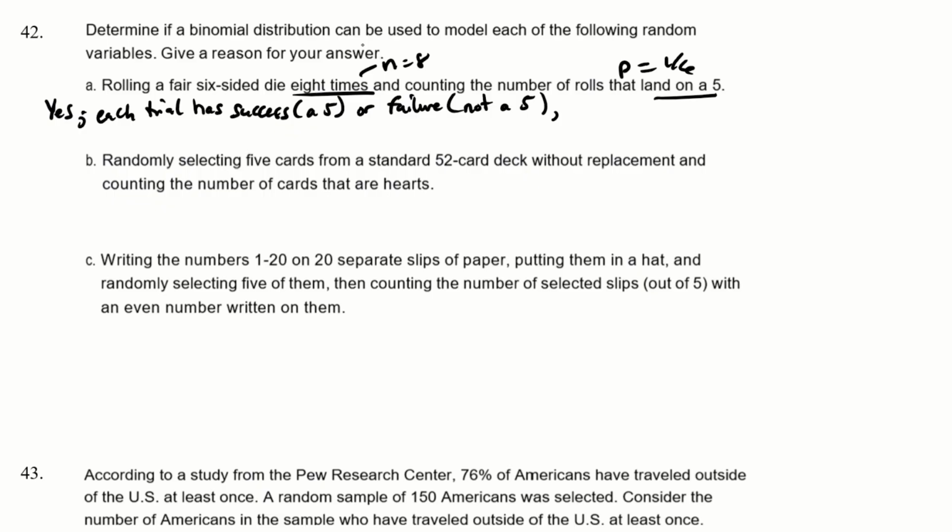Rolls are independent. Probably the number of trials is 8, and then probability is 1/6. Okay? This should say 8. All right, randomly selected 5 cards from a standard 52 card deck without replacement and counting